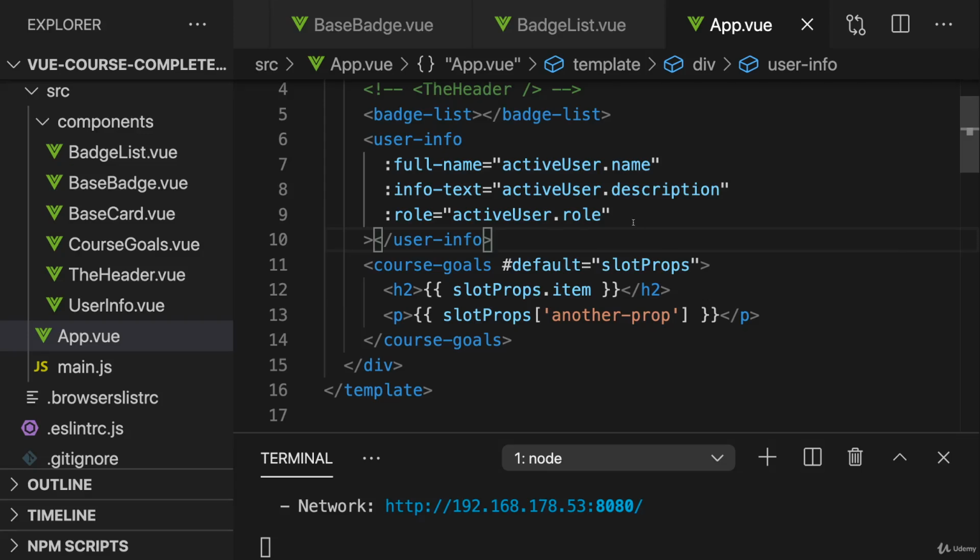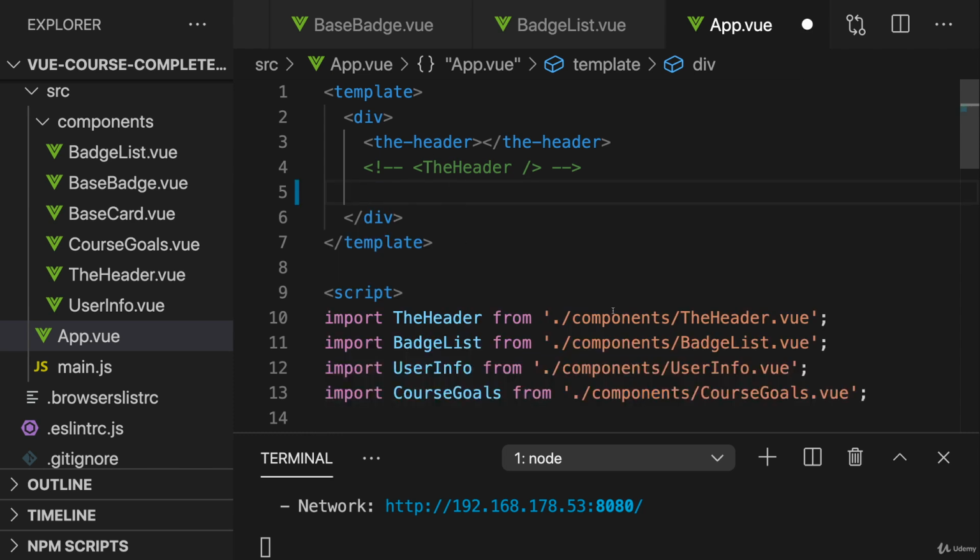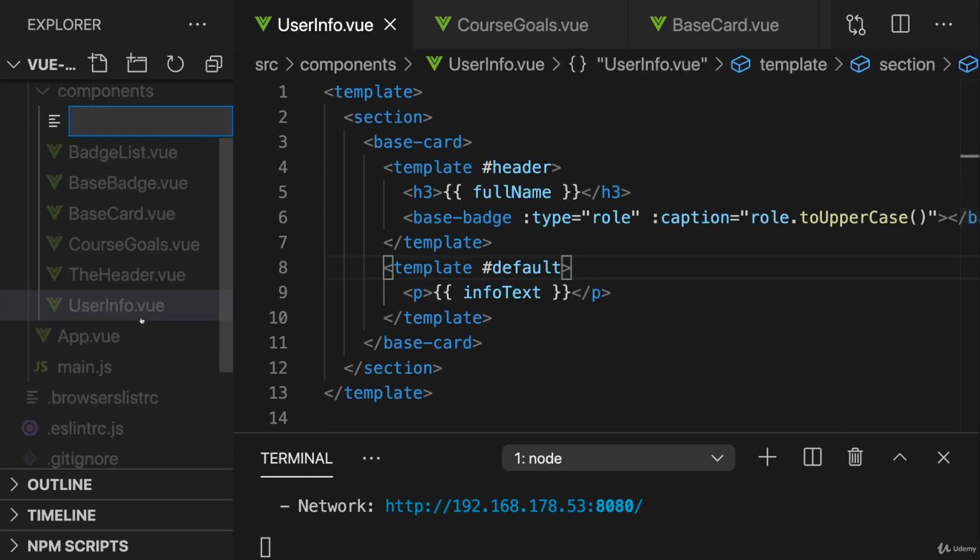Time to finally leave slots. In app view, I'm going to remove all those components I've been using thus far, except for the header, because I now want to clean up the UI. I will leave the files here though for reference. But now let me quickly create two brand new components here, which have nothing to do with this dummy code